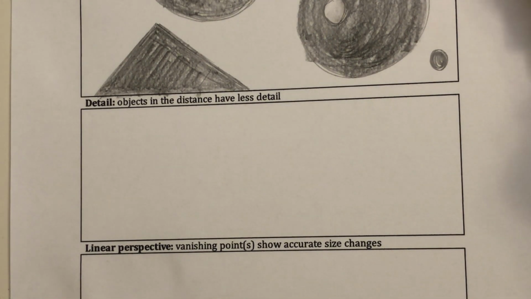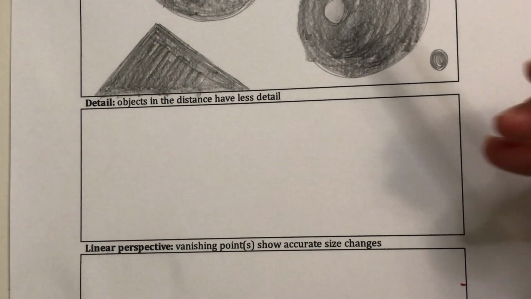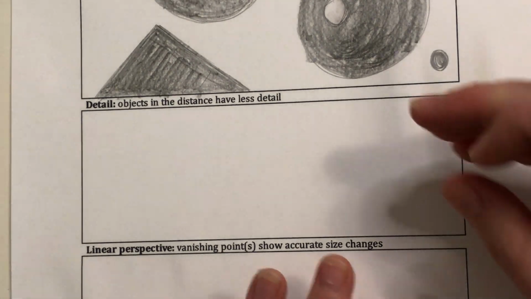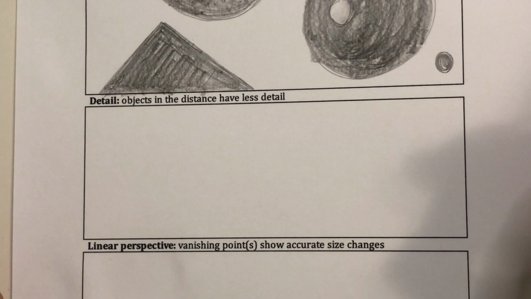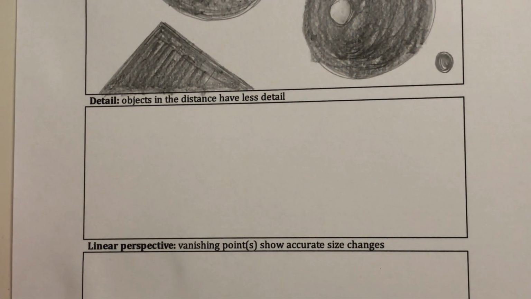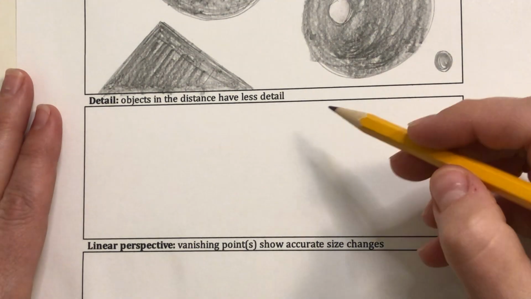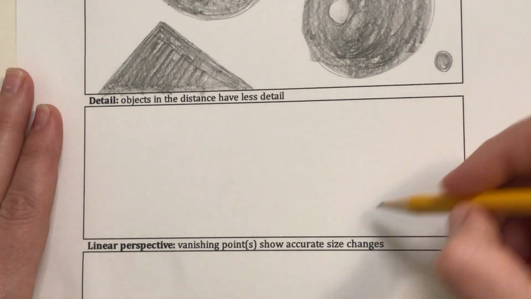The way that you show space through detail is that objects that get farther away have less detail. So what I want you to do is draw the same object at least 2 or 3 times, and it should appear like it's getting farther away by the amount of detail that you put into it. So, for example,